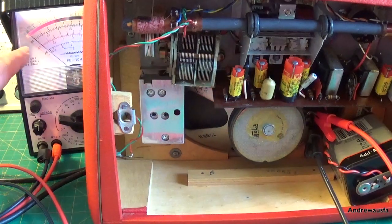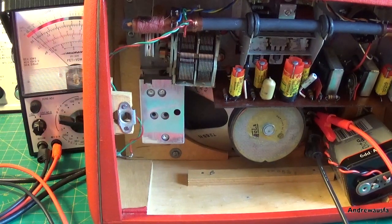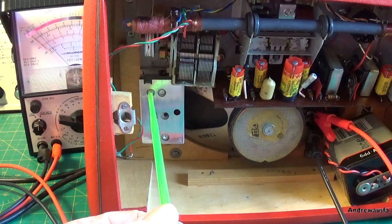I've also got a meter here which hopefully you can see. I don't know what the glare's like. If I turn the volume up, you should be able to see the meter needle moving. And obviously I've also got the speaker connected so you can actually hear what I'm doing, but we're looking for a peak here. And I've got the attenuator on the signal generator turned down a little bit as well, so hopefully